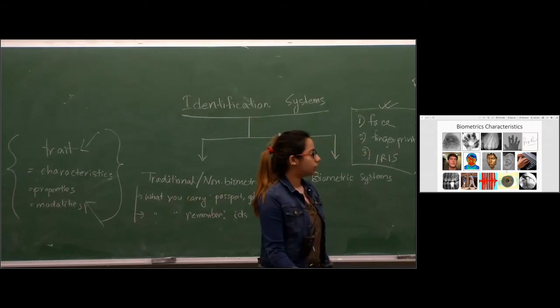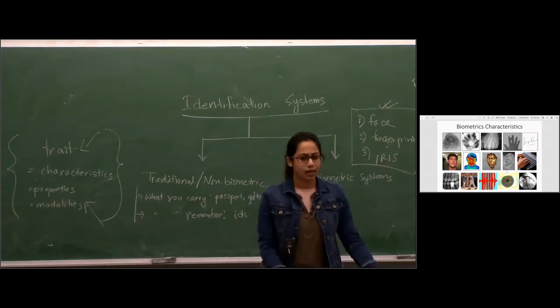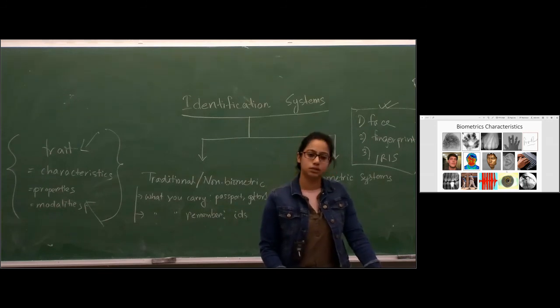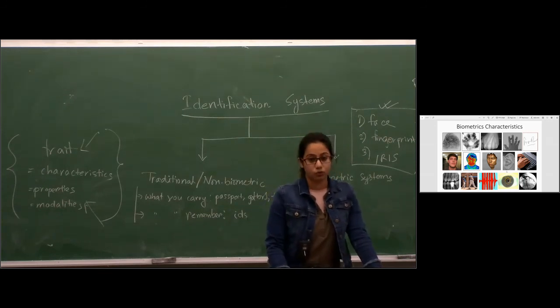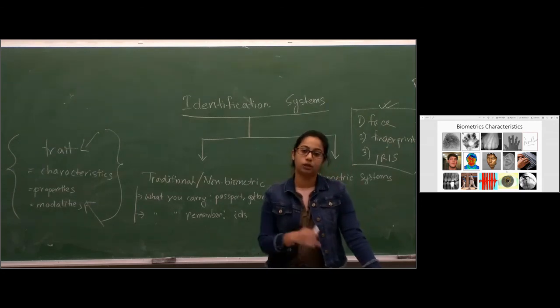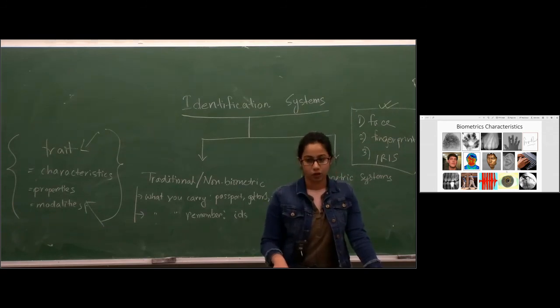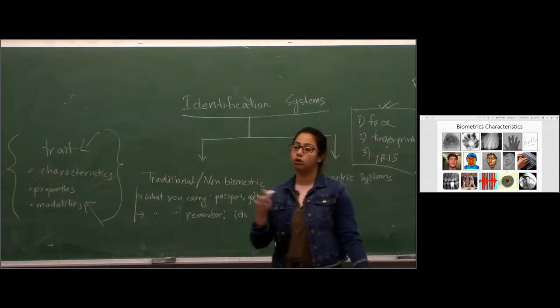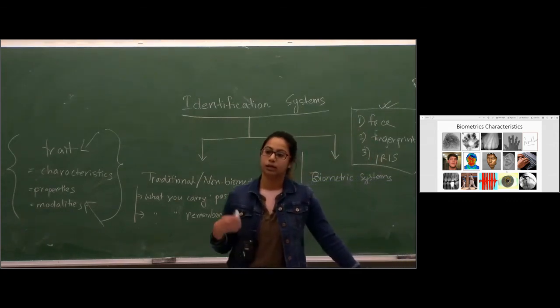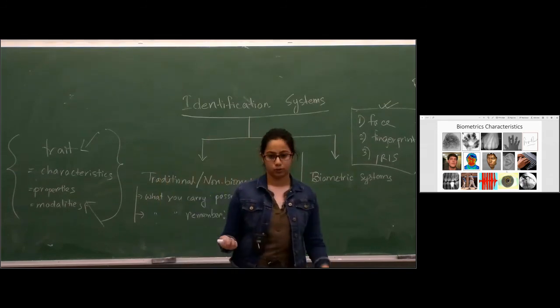And the third one in the second row is the 3D map of a face. So I think iPhone 10 or 11 uses this feature, so it's very difficult to spoof it, because a 3D image has a lot more information. If you want to spoof it, you have to have a very good resolution image of the person, and then you have to make a map in such a way that it contains all of the information from that person. That's how you can spoof the system. So 3D face is another biometric property.